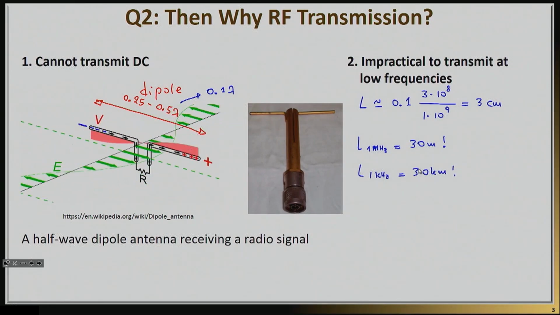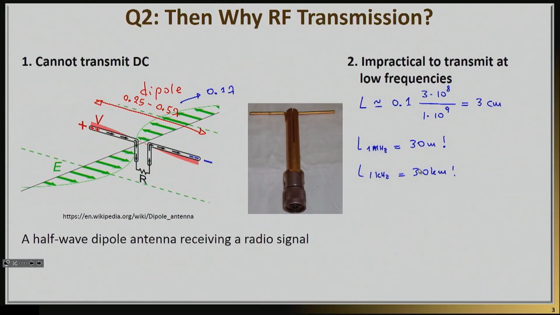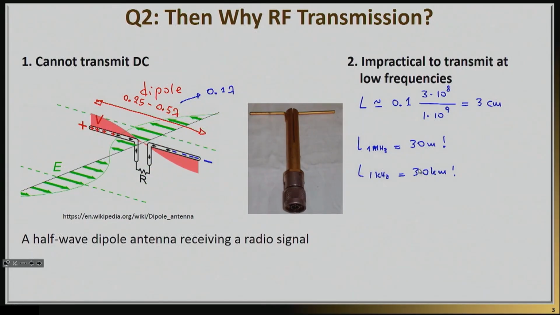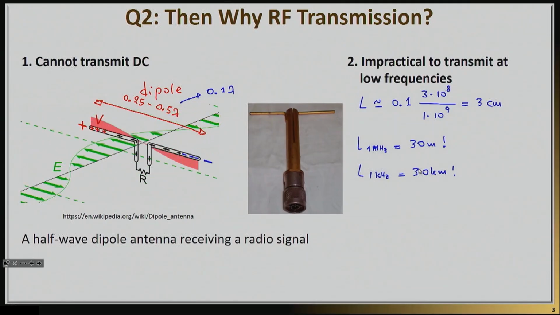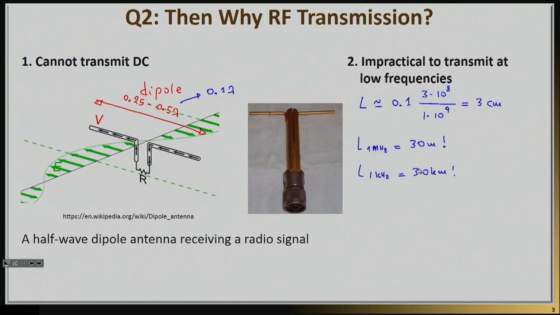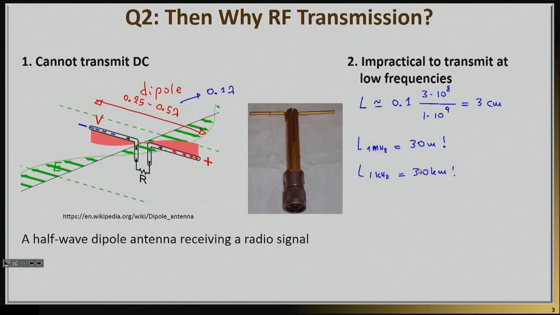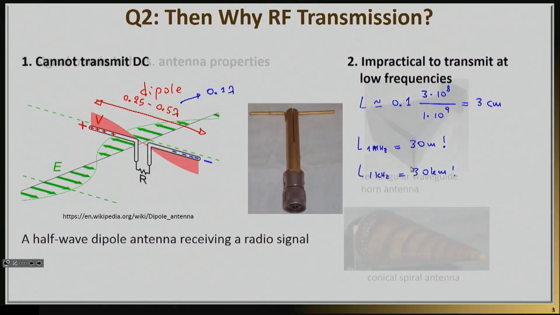Does it mean that we transmit signals at 1 kilohertz? Yes, for unique applications we do. But for everyday applications, we would hate to do that. And so that's one of the most important reasons why baseband transmission simply doesn't happen. The antenna becomes highly impractical. So keep definitely that in mind as one of the reasons.